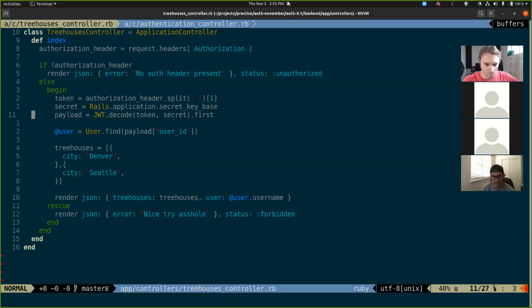Is the secret that is generated there always the same for your app? Like, how does it know that that secret is the same one that you put in your application or authentication controller? It's different every time you generate a Rails app. But in real life, you should probably make a separate token that's easier to reset, and then